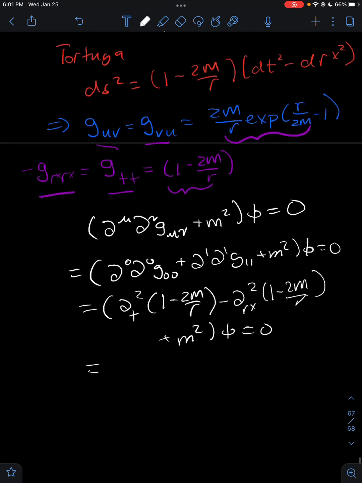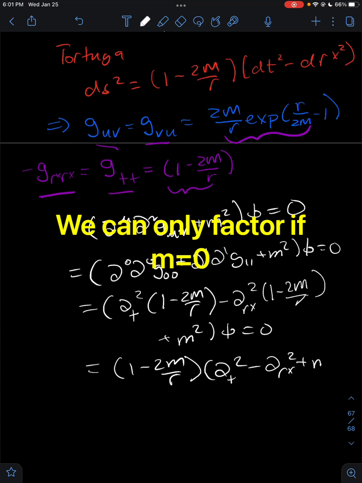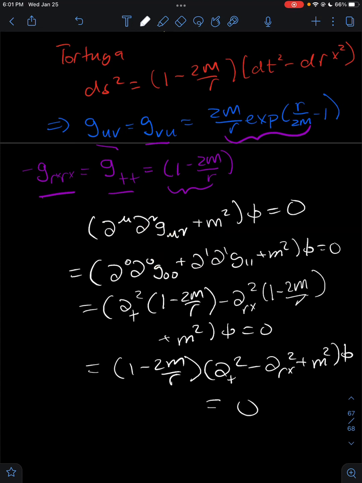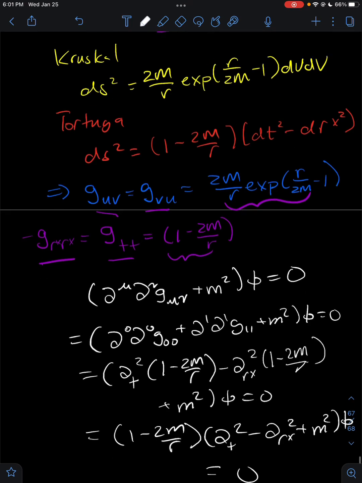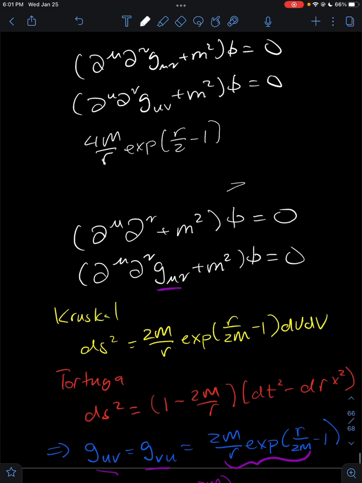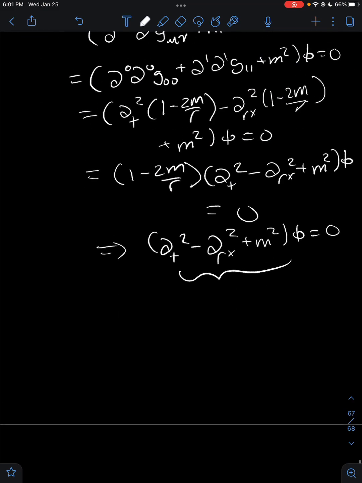We can see how we can just factor out the 1 minus 2m over r. That gives us this, minus this, plus m squared, phi equals 0. And this is going to imply that partial t squared minus partial r asterisk, sorry, if I say conjugate, I mean asterisk, squared plus m squared phi equals 0, which looks exactly like our Klein-Gordon equation for flat space-time. So this is going to be the formula that we are going to solve for the tortoise observer, the tortoise